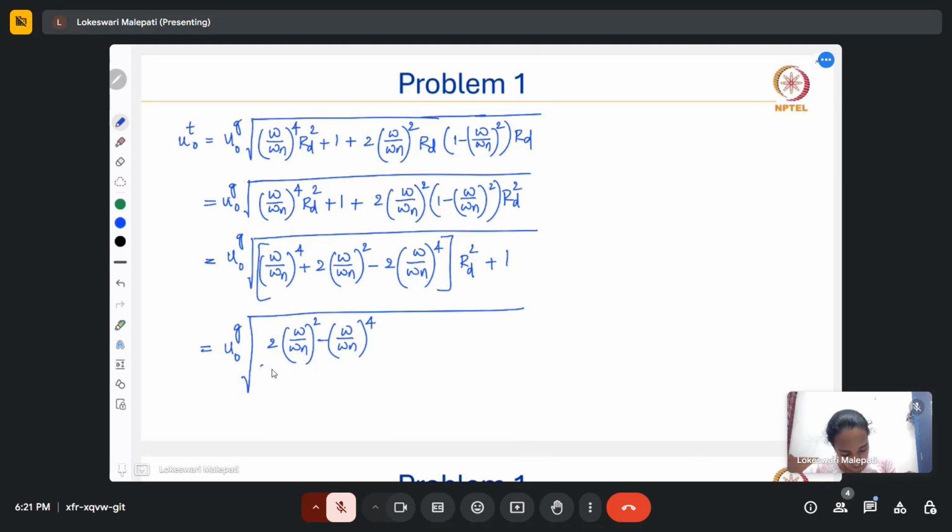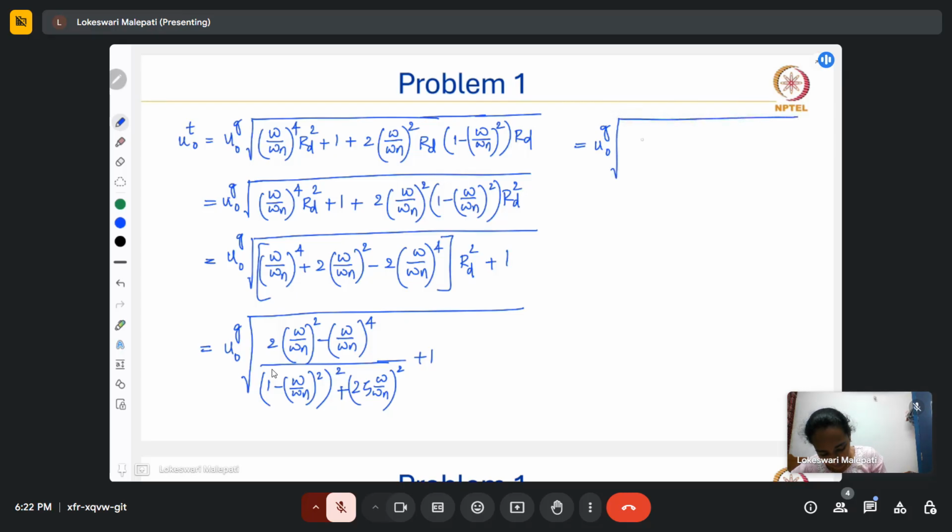And RD square would be 1 minus omega by omega n whole squared, this whole square plus 2 zeta omega by omega n whole square plus 1. So I'm just writing here ug naught square root of